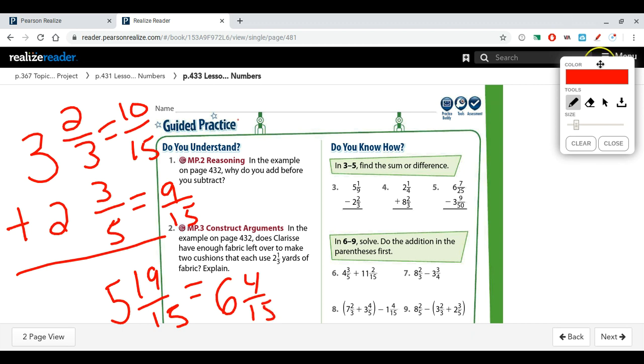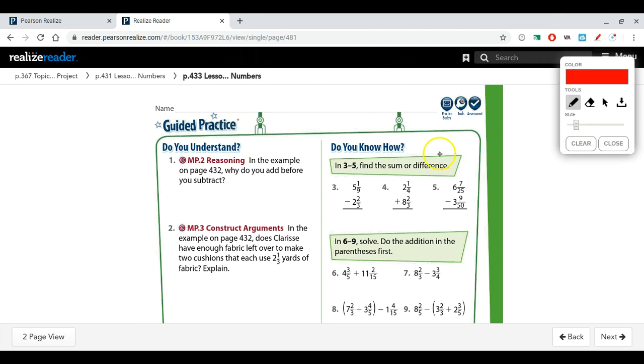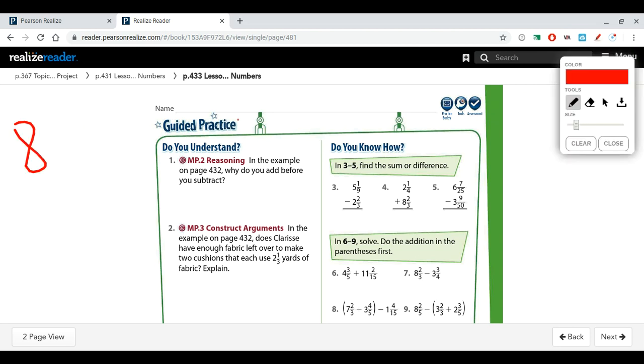Now I'm going to subtract. So I have 6 and 4/15. Let me do that a little bit closer. So I have 6 and 4/15, and I am subtracting. So not doing that. Hang on. I read that problem wrong. I am subtracting 8 2/5, and I'm subtracting